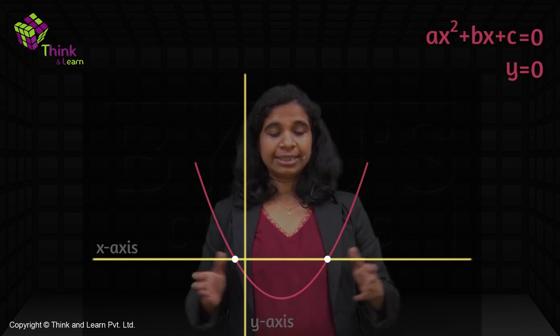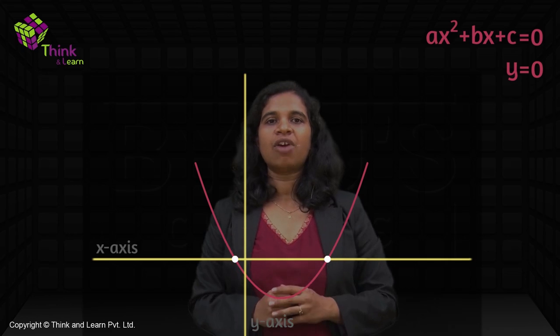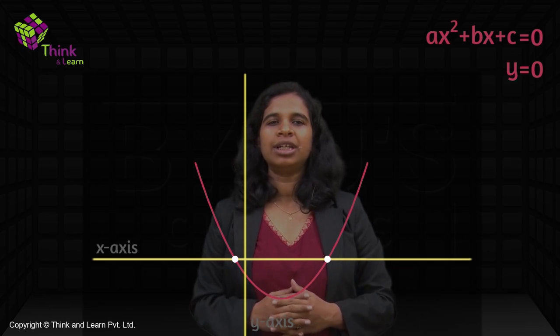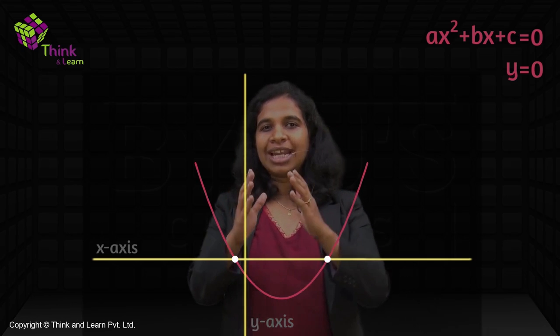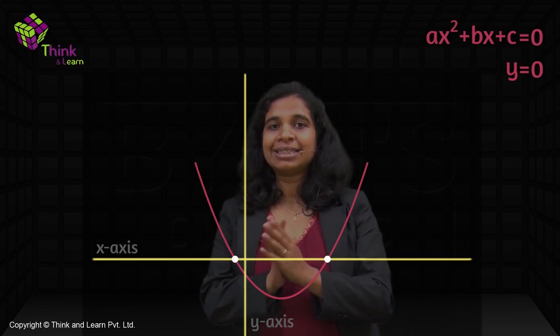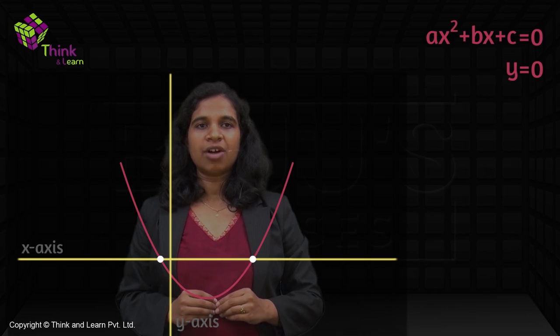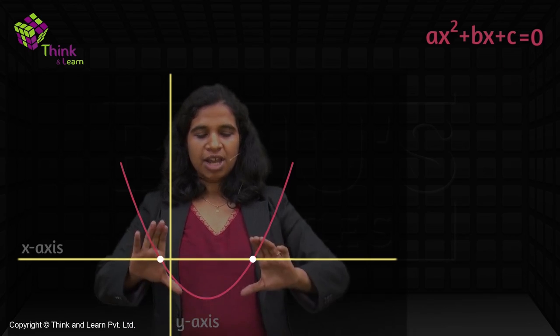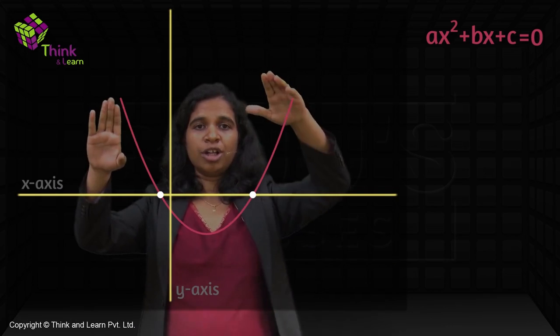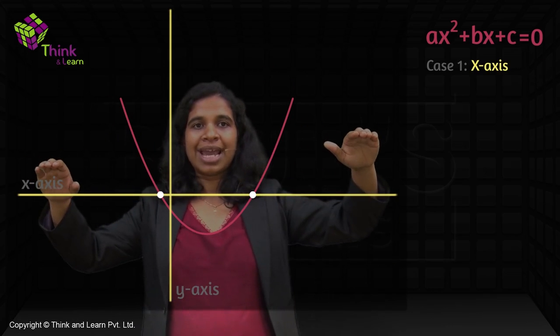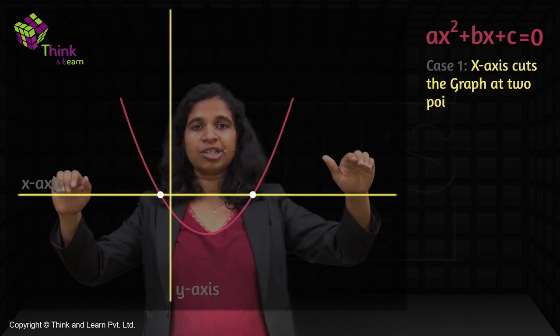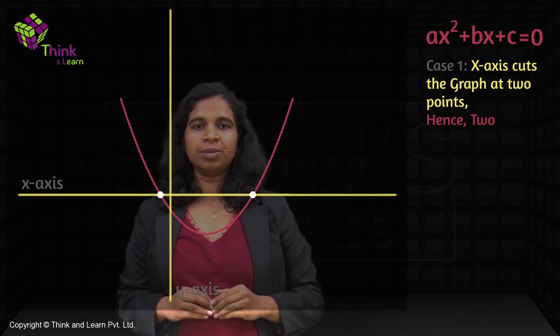Now here the x-axis is cutting our graph in 2 places, so we have 2 roots. That is all that roots mean. Very simply, where my x-axis cuts the graph. So this could be one case where the x-axis cuts the graph here. There could be another case if we move this whole equation up. If this is our polynomial, this is one case where my x-axis is cutting the graph at 2 points, which means I have 2 roots.